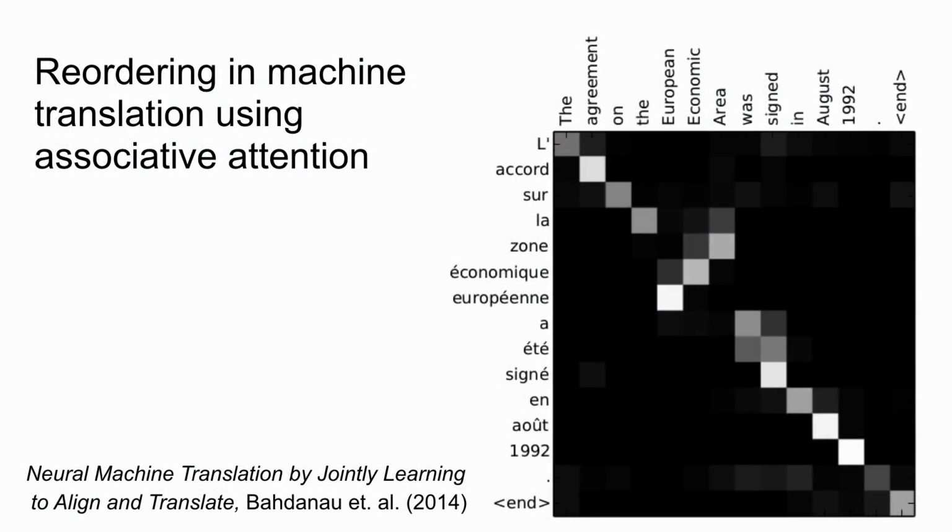And the first place that it was really presented was in this paper by Bahdanau et al., who's now at DeepMind as well: Neural Machine Translation by Jointly Learning to Align and Translate. It was used explicitly for this reordering problem in that original paper. Here we have a French to English sequence where, unlike going from English to German, there isn't quite as much reordering, but there are certain things like the order of adjectives relative to nouns. So we have zone économique européenne, sorry about my French, versus European economic area, where we've just got the same words, but slightly reordered, and that's exactly reflected here